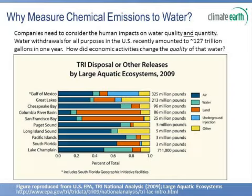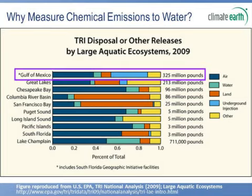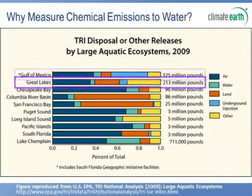Consider a national report by the U.S. EPA, part of their national analysis of the toxic release inventory data. New for the 2009 analysis is large aquatic ecosystems and the chemical emissions to those ecosystems. As you can see from the chart created and distributed by EPA, the Gulf of Mexico is the top ecosystem in terms of millions of pounds of chemical discharges to that watershed or collection of watersheds, followed by the Great